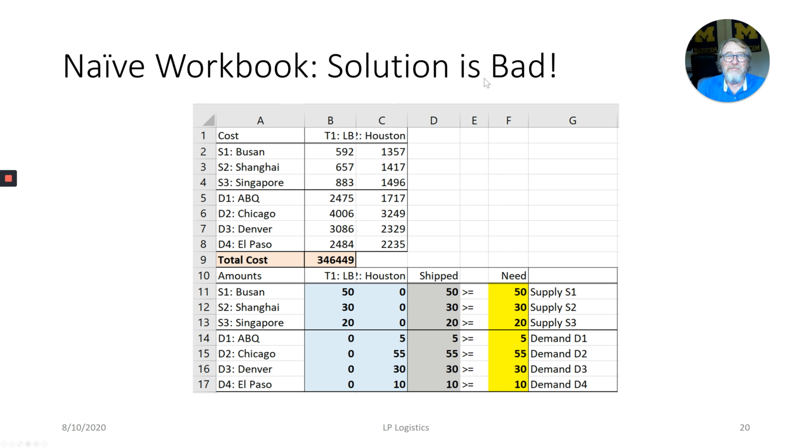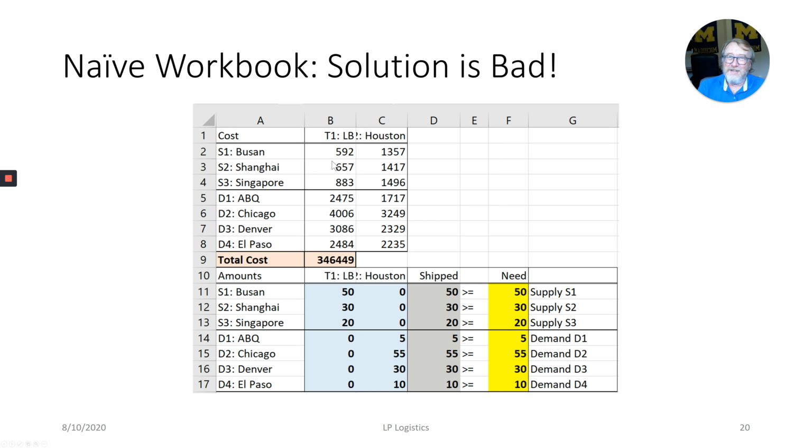The solution is bad. Why is it bad? Well, my cost isn't 0. Things are being shipped, but there's a little bit of magic here. I'm shipping everything from South Korea to Long Beach, everything from Shanghai to Long Beach, everything from Singapore to Long Beach. So I have 100 containers sitting at Long Beach, but I'm not shipping anything out of Long Beach. So the harbor master of Long Beach is going to get really peeved at me for having all my containers stacking up in Long Beach,